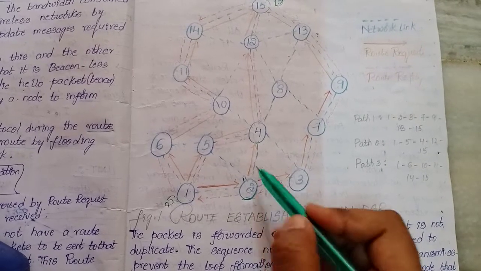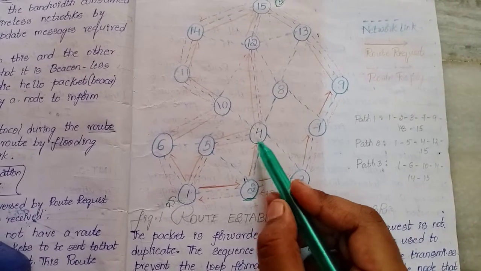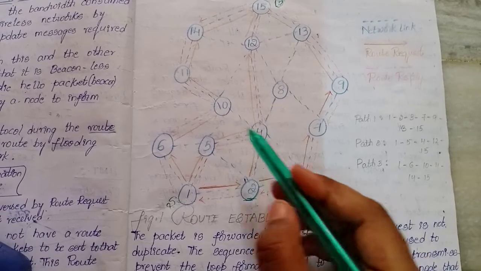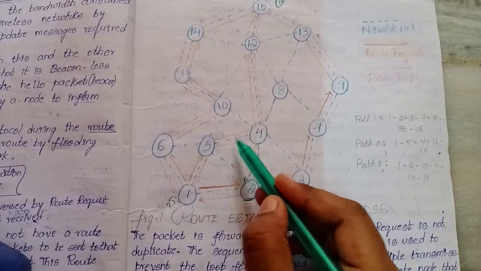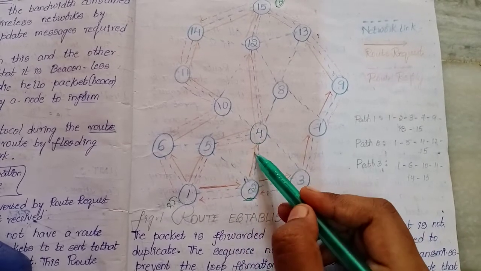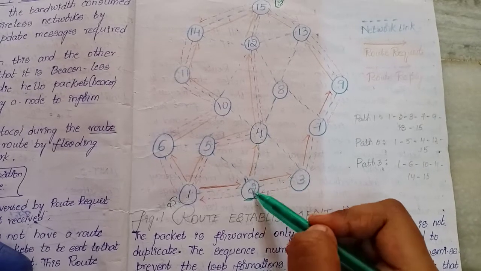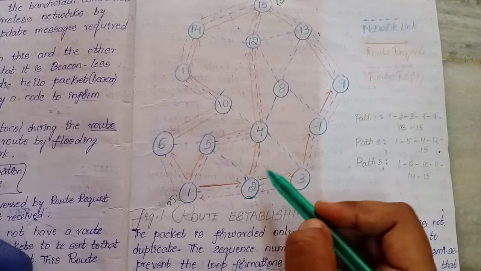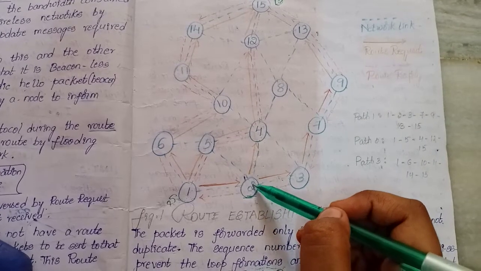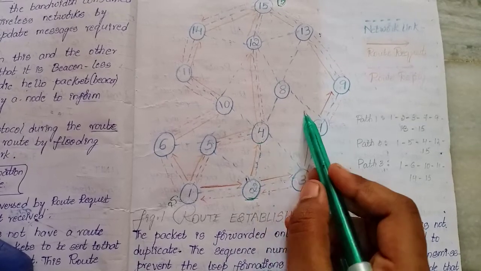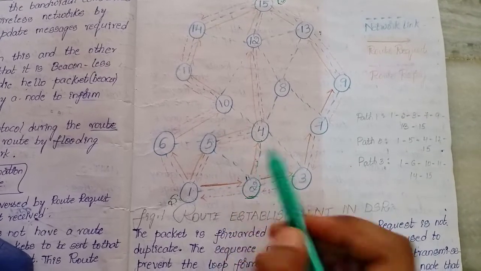If this node sends the route request packet early, then node 4 will receive that packet, and it will discard the other packet as it has been sent a little bit late. So it will forward the route request packet which it has received from node 2. This will avoid redundancy, meaning redundancy will occur if it sends both these route request packets forward. It must discard any one of them based on the delay.